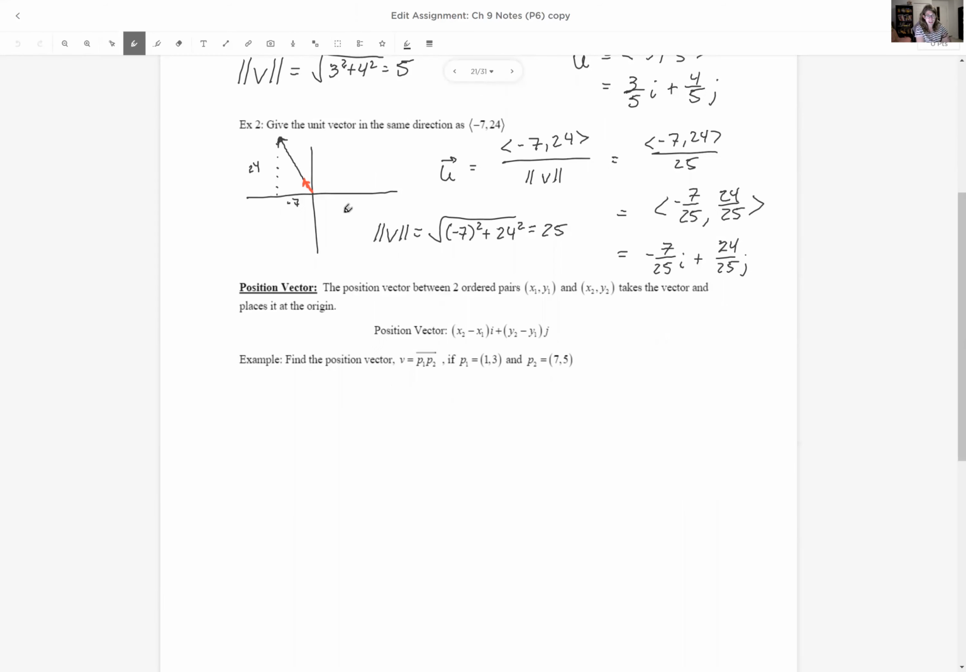All right, a position vector is a vector between two ordered pairs. These are our vectors that don't just simply start at the origin. How we find the vector starting at some point x1, y1, going to the point x2, y2, is we just subtract. So we're going to subtract the point where you ended up from the point where